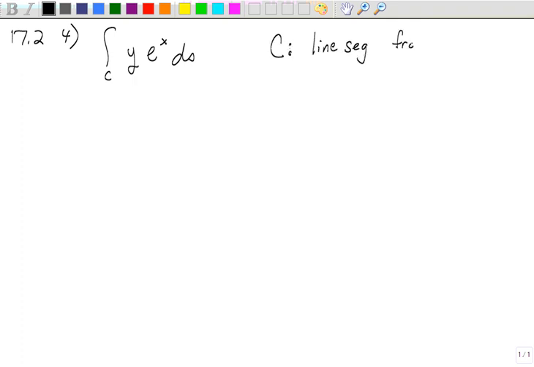Okay, we're looking at some of the sample homework problems in 17.2. Let's look at number 4. The curve is the line segment from (1, 2) to (4, 7). So we have to parameterize it, and that's going to be 1 minus t,